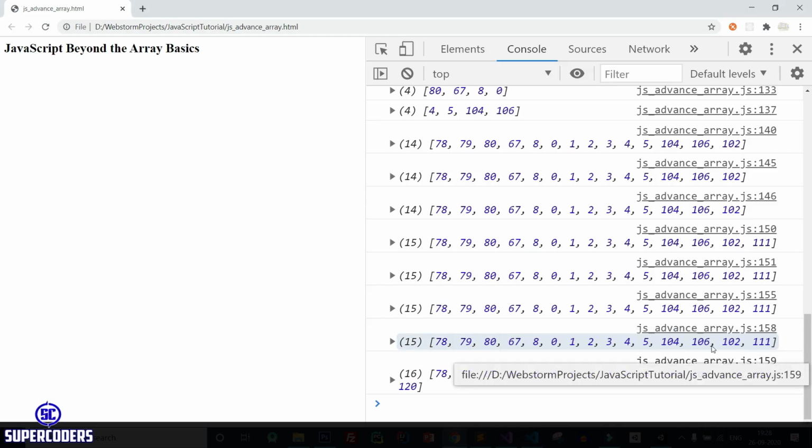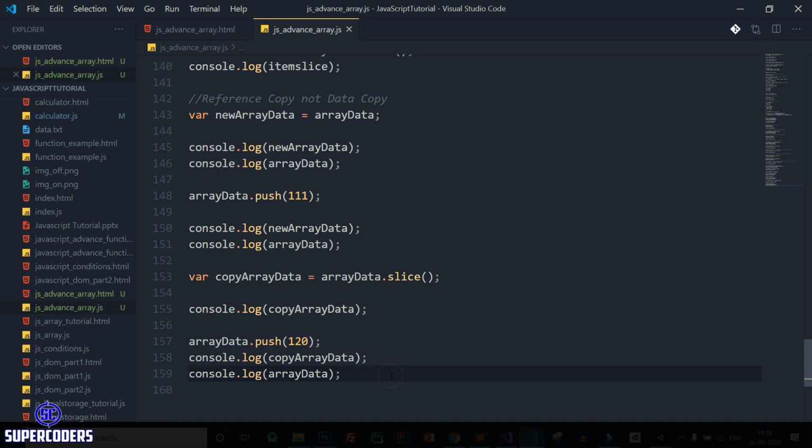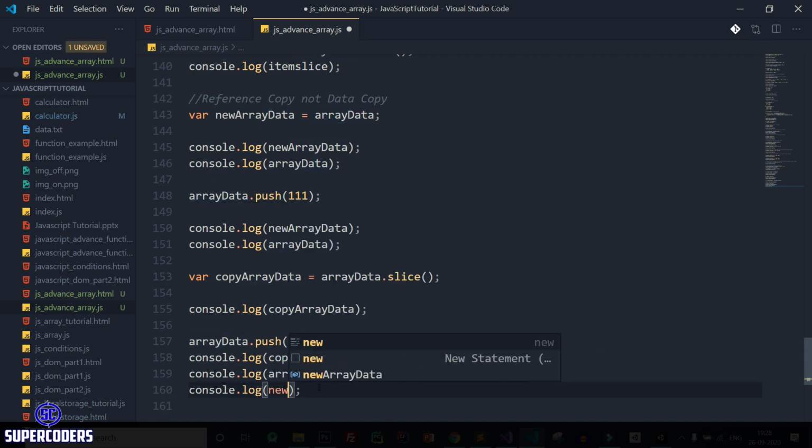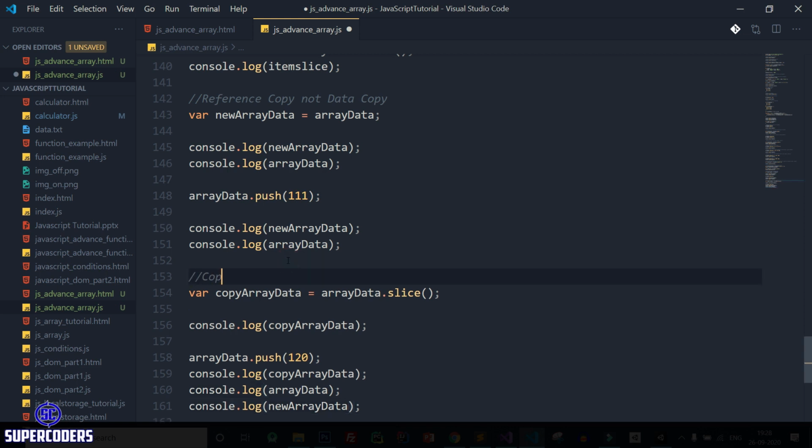If you see here again, the copy array data does not get any effect, but our array data gets updated. So again print one more data, like new array data, and also add copy array data, which does not get any effect on updating the array data.